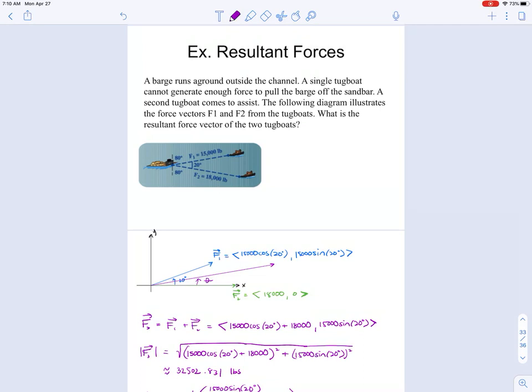Okay, so here are a few examples where we